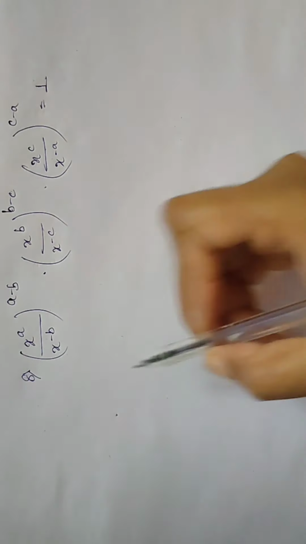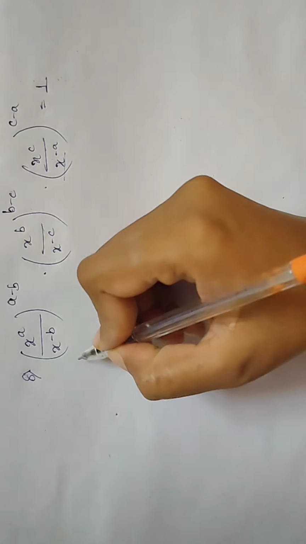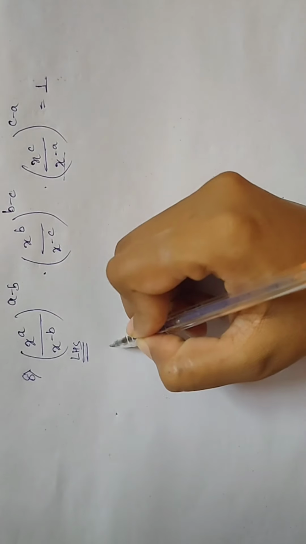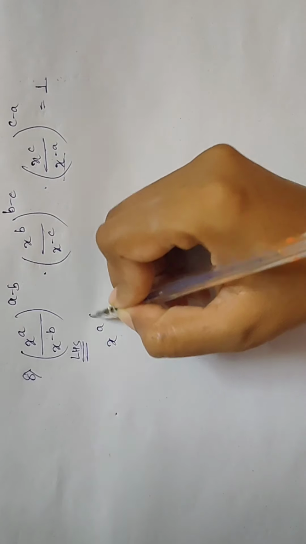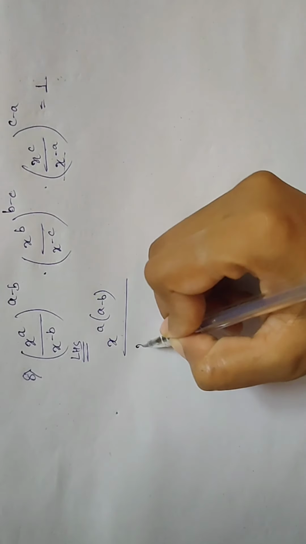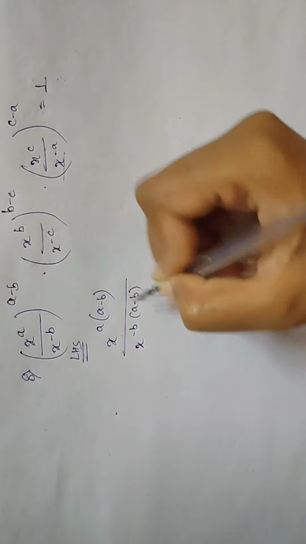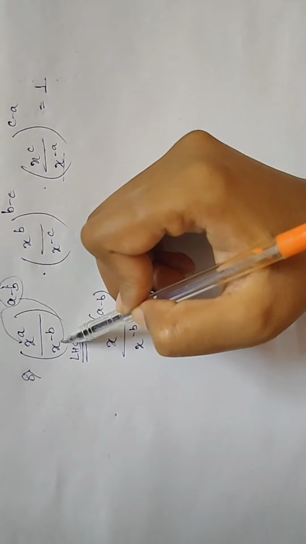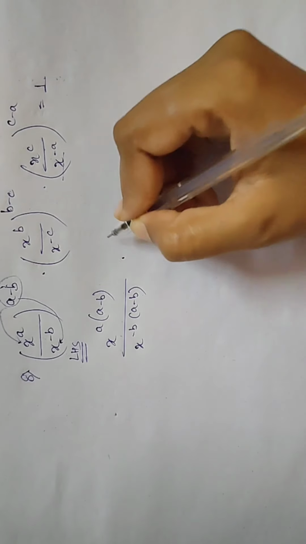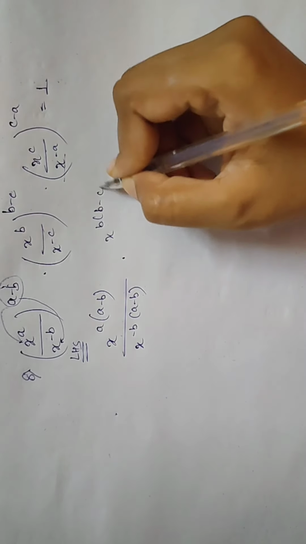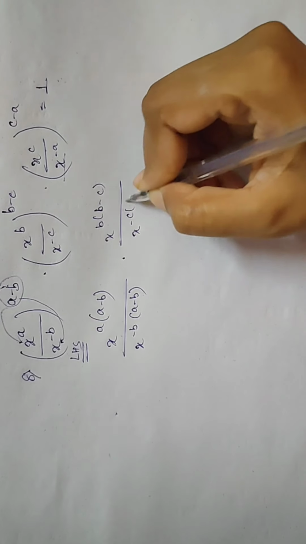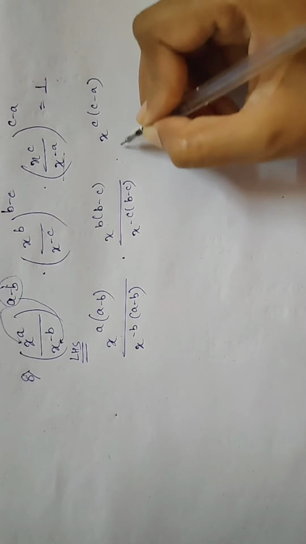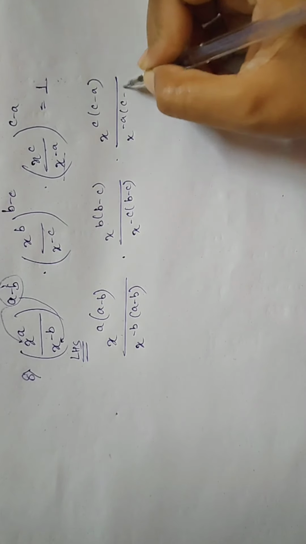Okay, number 8, you have to show that this left hand side is equal to 1. So let us take it as LHS and first separate out the powers. A minus b, x to the power minus b, a minus b. It means that this a minus b is for this x also, and this a minus b is also for this x. In the same way, separate out all the powers. B minus c, x to the power c, c minus a, x to the power minus a, c minus a.